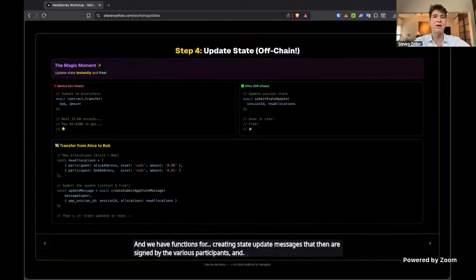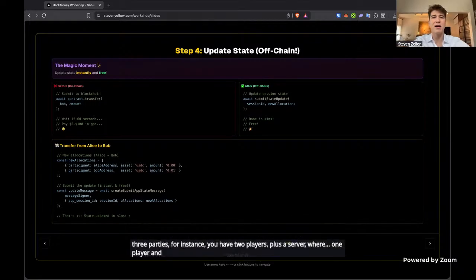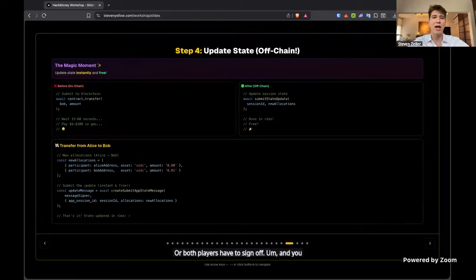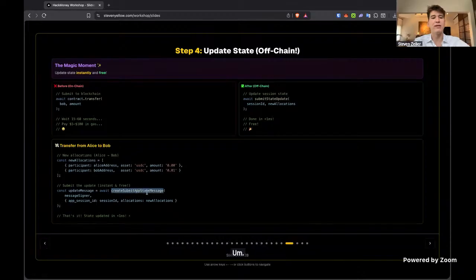And you could have 2 parties, or you could have 3 parties. For instance, you have 2 players plus a server where 1 player and the server have to sign off, or both players have to sign off. And you can have that all happen in real time. And very easy with our SDK. These functions are coming from our SDK.